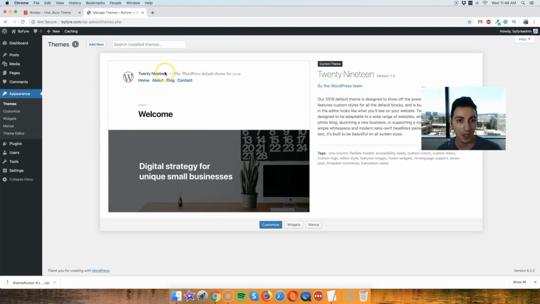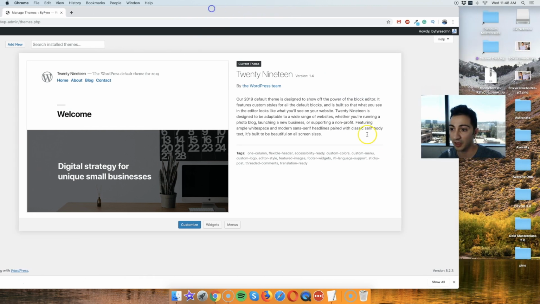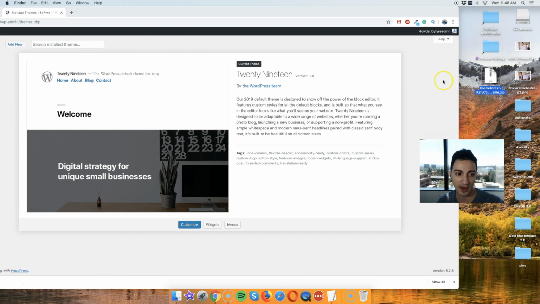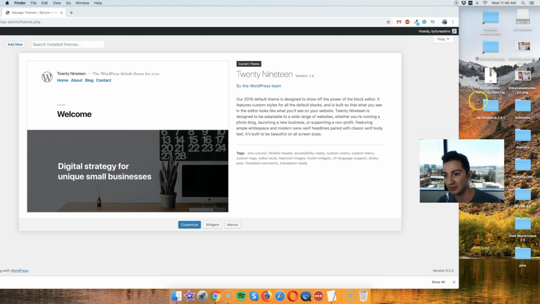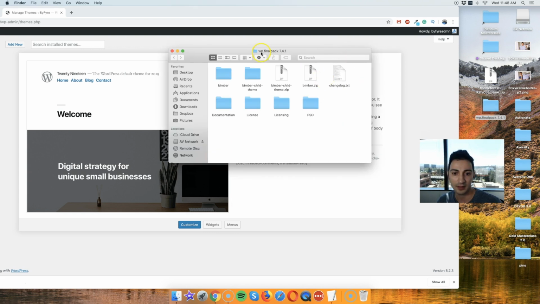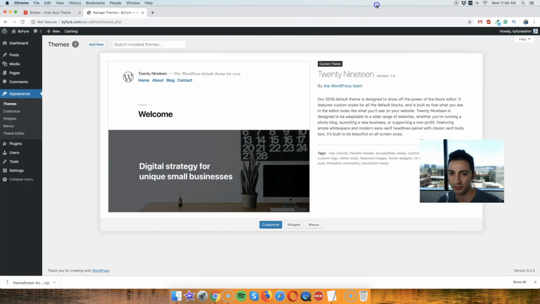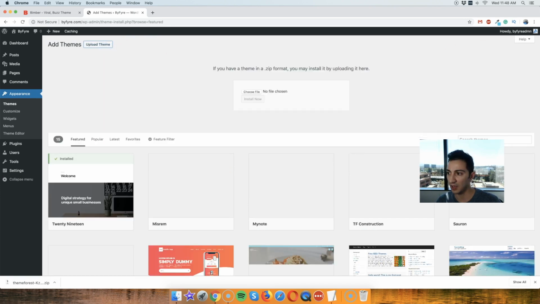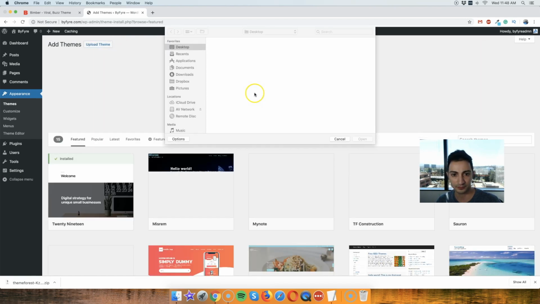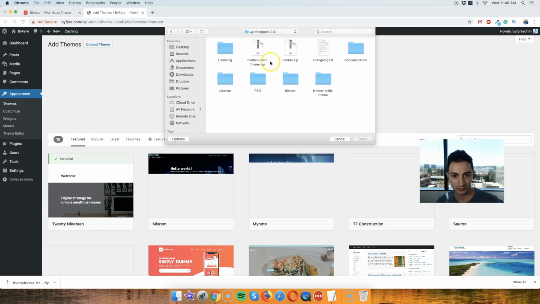Alright. Okay guys, so we just downloaded the file, so I'm just going to extract it, and I'm just going to pull up this whole thing to show you exactly how you do this. Alright, so let me just extract it real quick. And what we're going to do now, the thing is you got to install the template file by itself. Okay, and so there's the main template, and then there's a child template, so it doesn't matter, you don't have to worry about that. So I'm just going to click add new, and I'm just going to upload theme and choose a file. There you go.